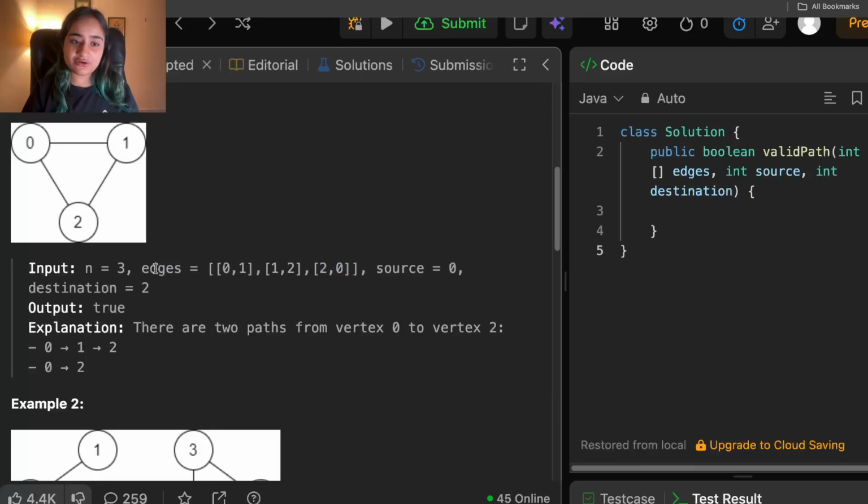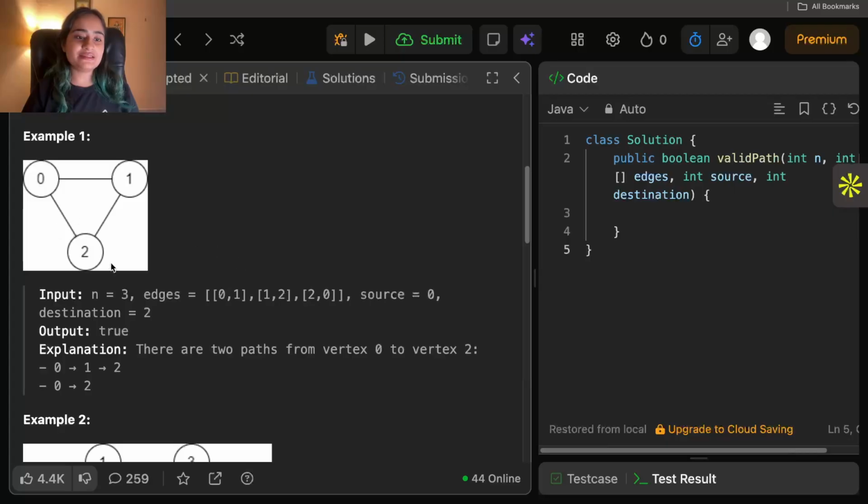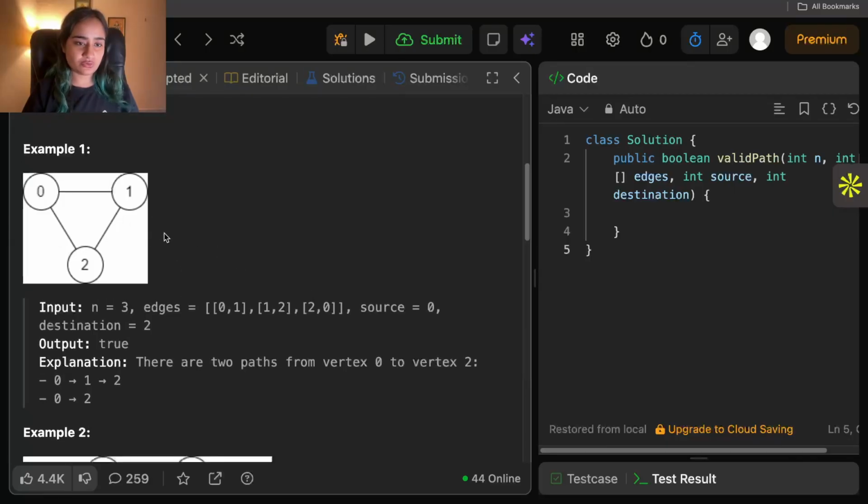This kind of input is given a lot of times to you in the questions. You will be given an edge list which has a lot of edges with the vertices which are joined to form that edge, right? So like 0 and 1 are joined to form one edge, and then these two are joined to form another edge. So that's how the input is given, right? So you understand that this is how the graph will be shown to you.